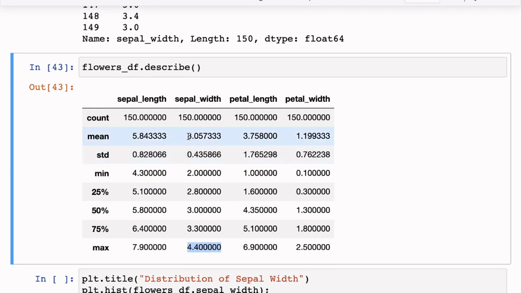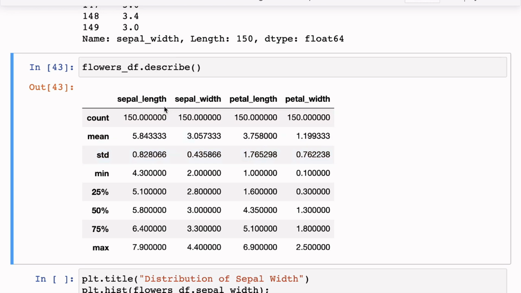So you already know a little bit. And then the mean is 3.0. So that means 3.0 is the average, and then there is a standard deviation of 0.43. And okay, that's good that now we know more than we did earlier, but it is still not very clear where the values lie. If we had to count how many values lie between 2.5 to 3 and how many lie between 3 to 3.5, we might not manage that way. And if we were to plot that somehow, then it would be easier to visualize the distribution of the values along this range.